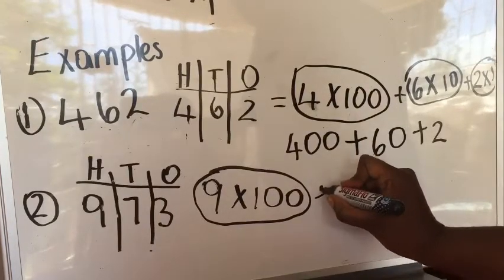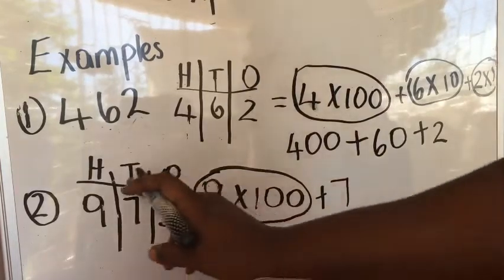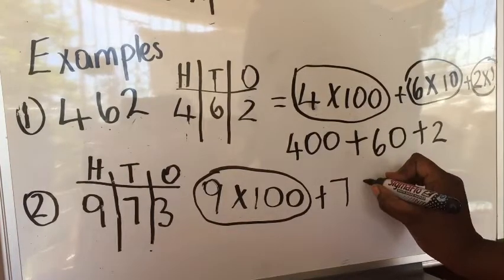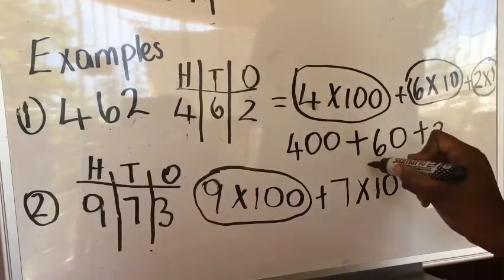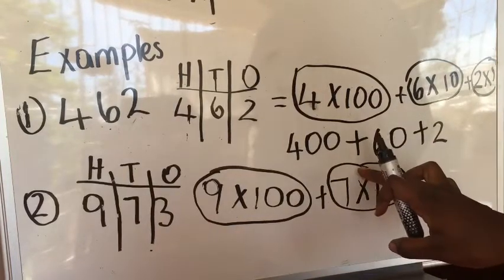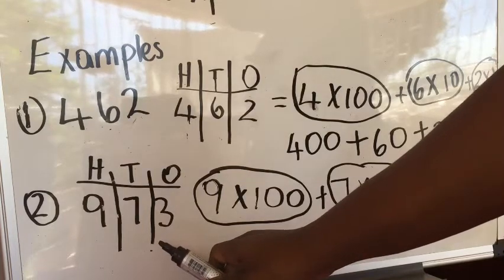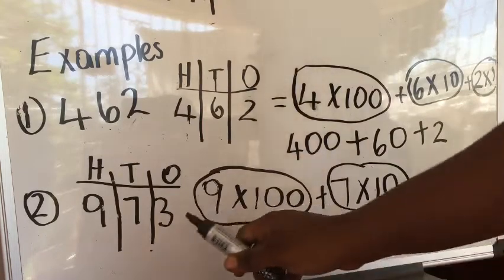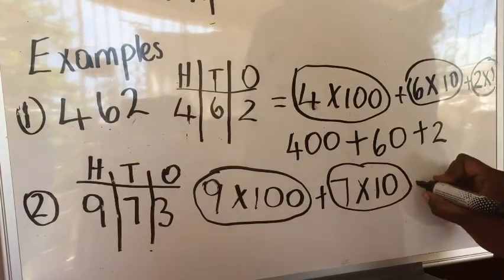Plus 7 times what? 7 times 10, because 7 is in the tens place. So you're going to say 7 times 10, right? I'm going to put a circle around this again so you can see the difference. The next thing you're going to do is look at the last digit, which is in the ones place, and you're going to say 3 times 1. 3 times 1, because it's in the ones place. So let's put it there, plus